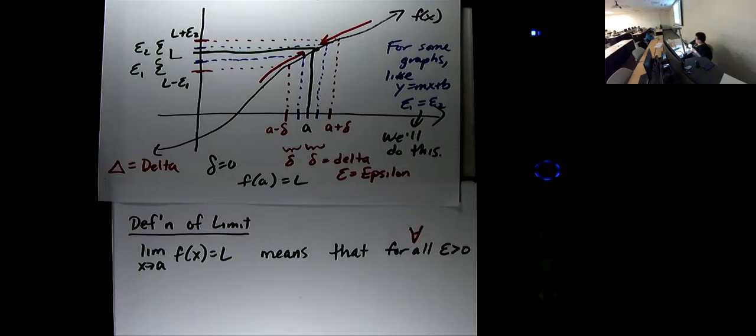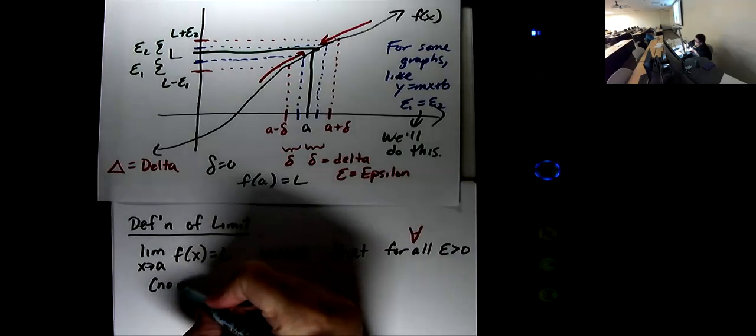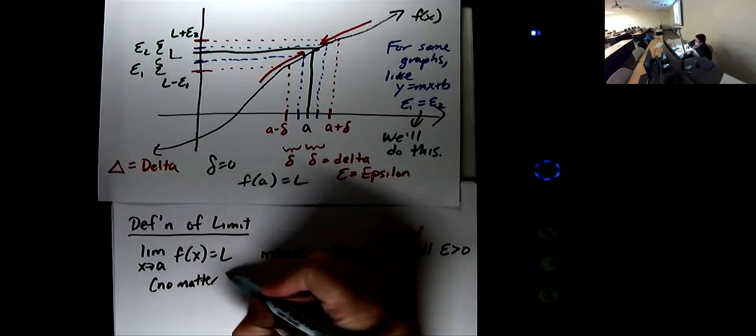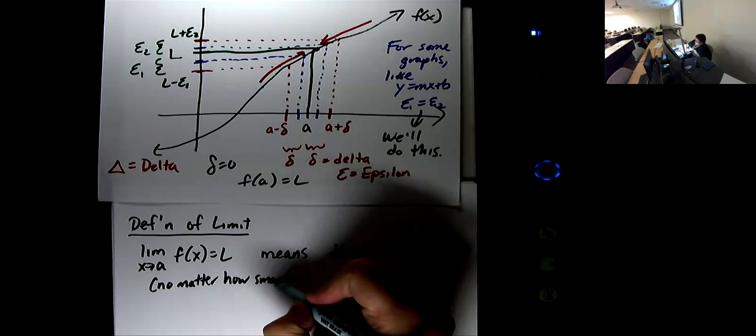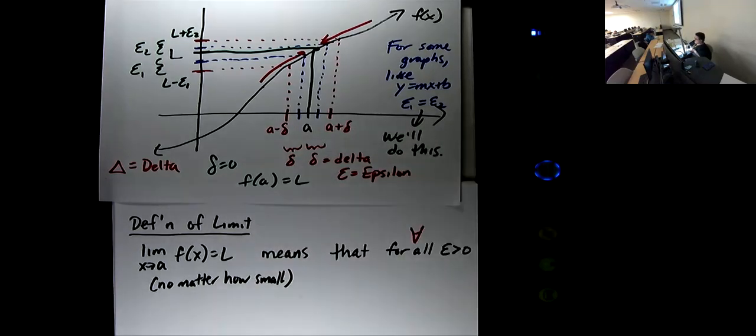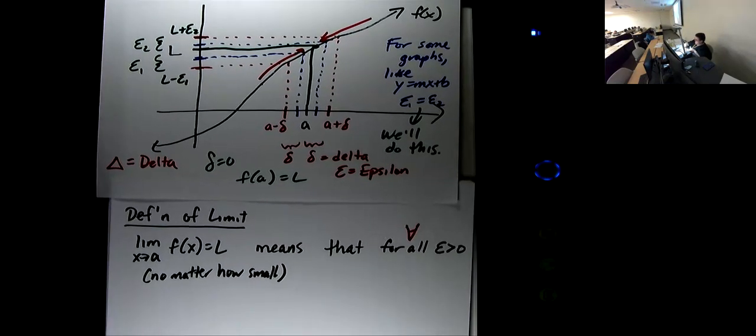For all epsilon greater than 0, no matter how small, the smaller the better. Doesn't matter how small epsilon gets,